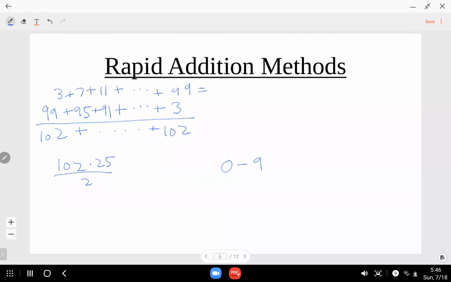No. Let's count. 0, that's 1 number. 1, that's 2 numbers. 2, that's 3. That's 4, that's 5 numbers. And then 5, that's 6 numbers. 6, that's 7. 7, that's 8 numbers. 8, that's 9 numbers already. 9, that's 10 numbers. So when you're trying to count how many numbers there are, we didn't actually